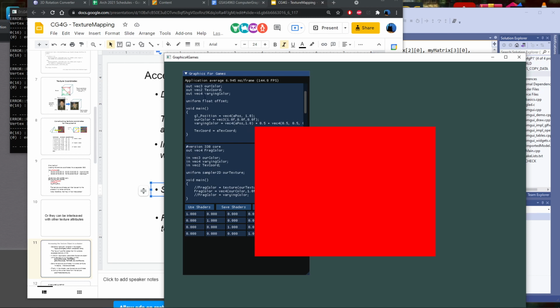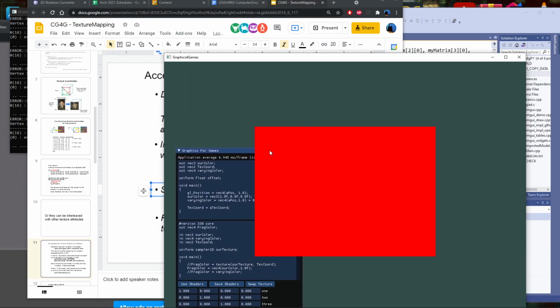But ultimately, the vertex shader is sending the texture coordinates over to the fragment shader, and just like an interpolated color, it's also going to interpolate the position, so that when the fragment shader does look up the texture, as it's looking at our texture now,